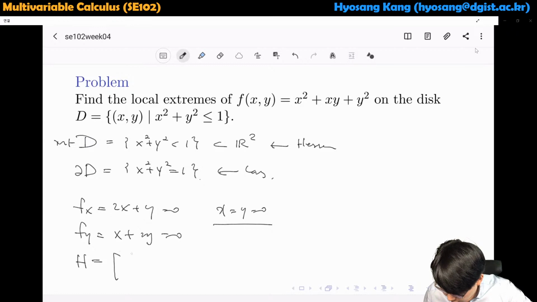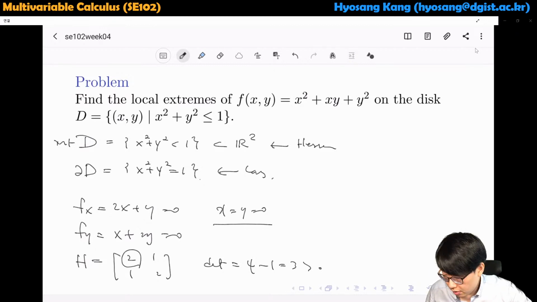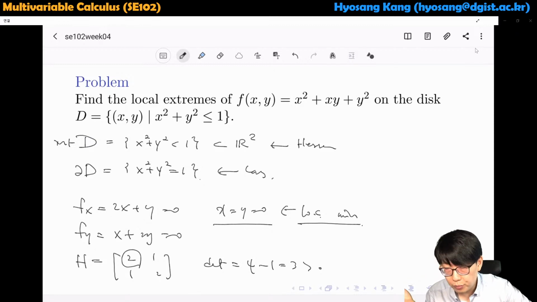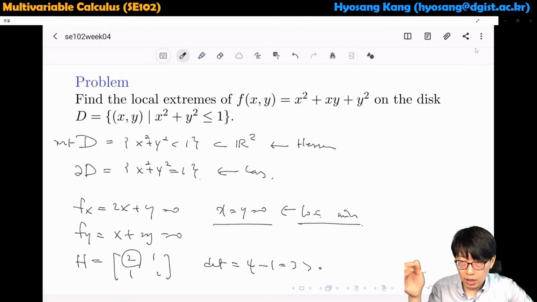So we have fxx = 2, fxy = 1, and fyx = 1, fyy = 2. So the determinant equals 4 minus 1, which is 3, which is positive, and fxx is also positive. It means that this point is a local minimum. Okay, so we have a local minimum inside of the disk, and that's the only local extremum on the entire